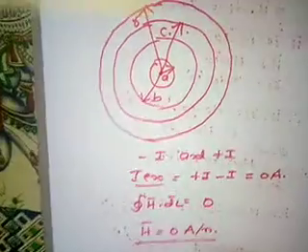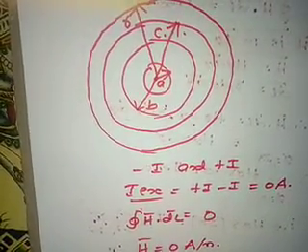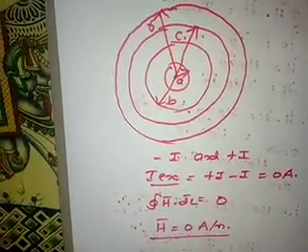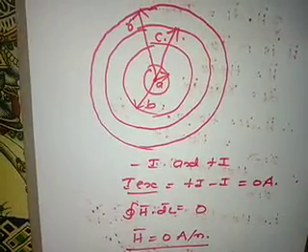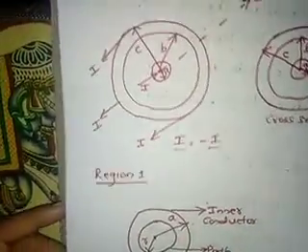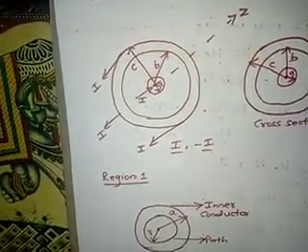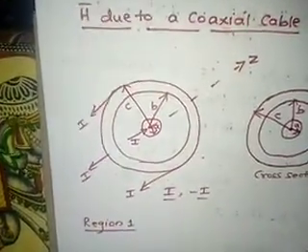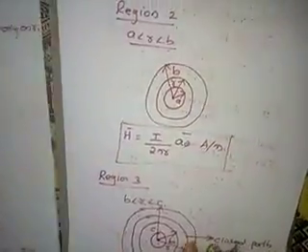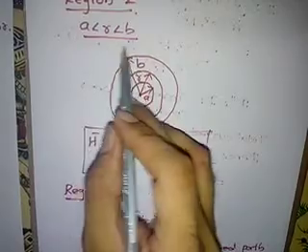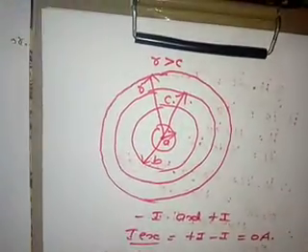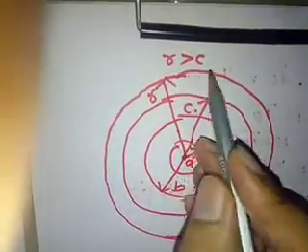Right. So students, today in our class we have taken up the application of Ampere's circuital law to the coaxial cable. We have taken up different regions starting from region 1. We derived the equation for region 1, where we took r less than a. Then we took up region 2, a less than r less than b. Then region 3 is b less than r less than c. Then finally region 4 is r greater than c.